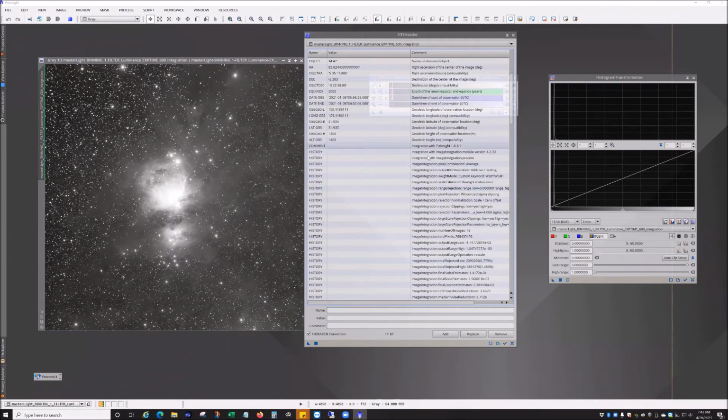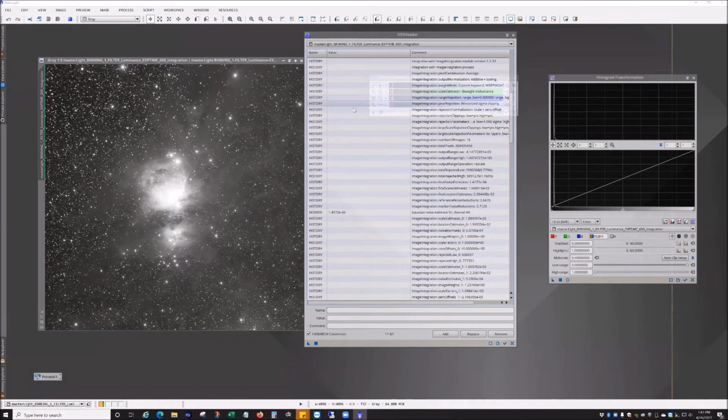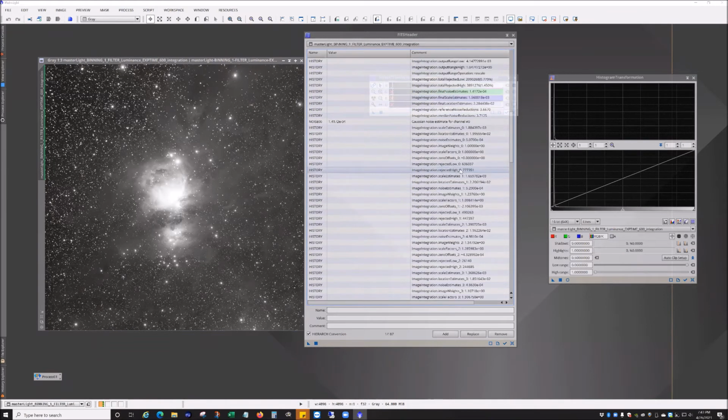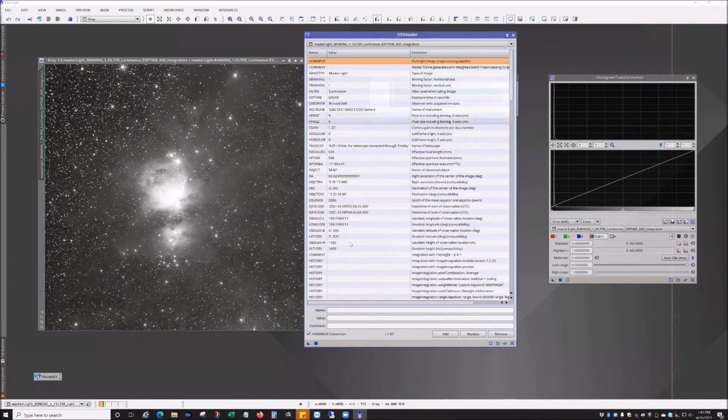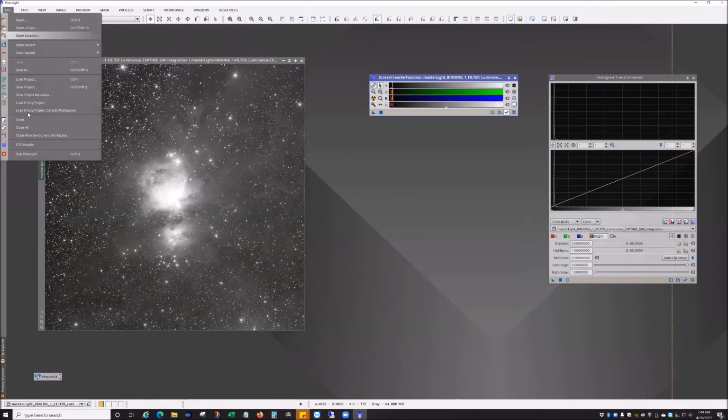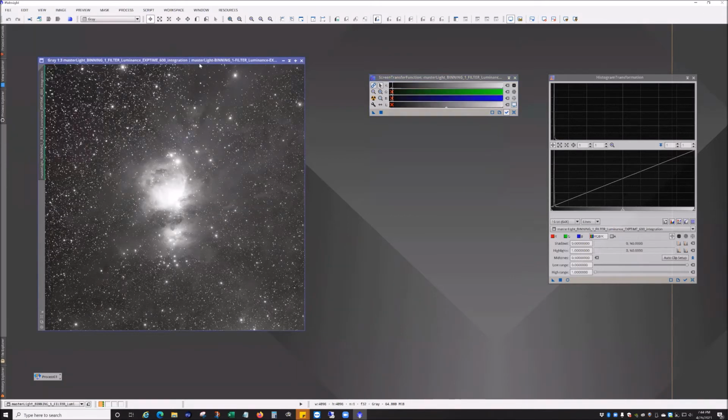PixInsight actually does a good job of writing everything that's happened. What's going on in here? You can add stuff in here. If you're into photometry or doing any other information, it does have some stuff in there for that. Astrometry is in here. There's some tools for that. So there's a lot of stuff you can do. This is a sidebar for FITS headers and stuff. So anyway,